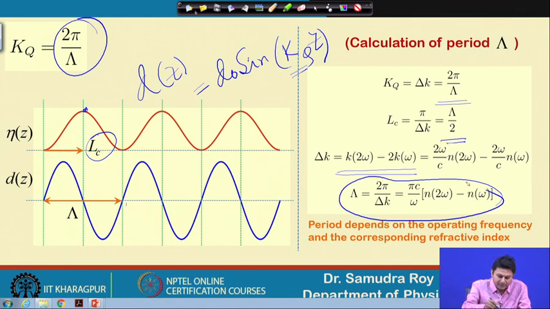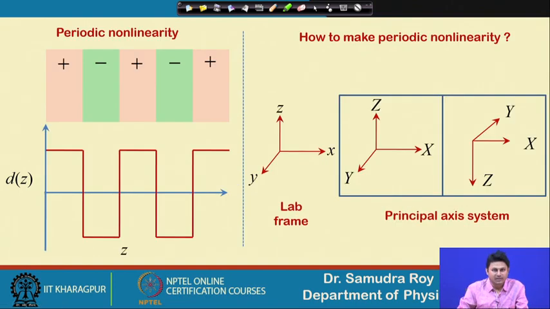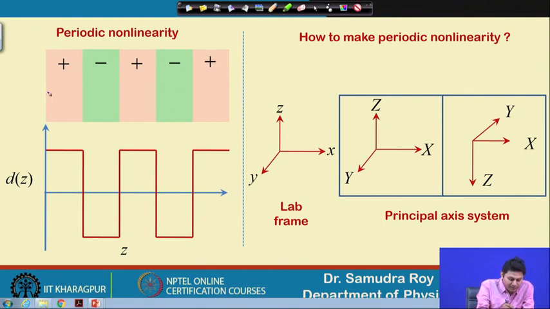So, this we have already done in the previous class. So, this is some sort of review of the previous class. So, today we are going to learn more important thing, that we mentioned in the previous case that d is varying sinusoidally, which is the most ideal case, but in fact it is not possible when we try to do it in a realistic case. So, in realistic case what happened? So, we have a periodic nonlinearity. So, that means the value of d here, so the value of d from here to here is not going to vary. So, it will be a constant value.